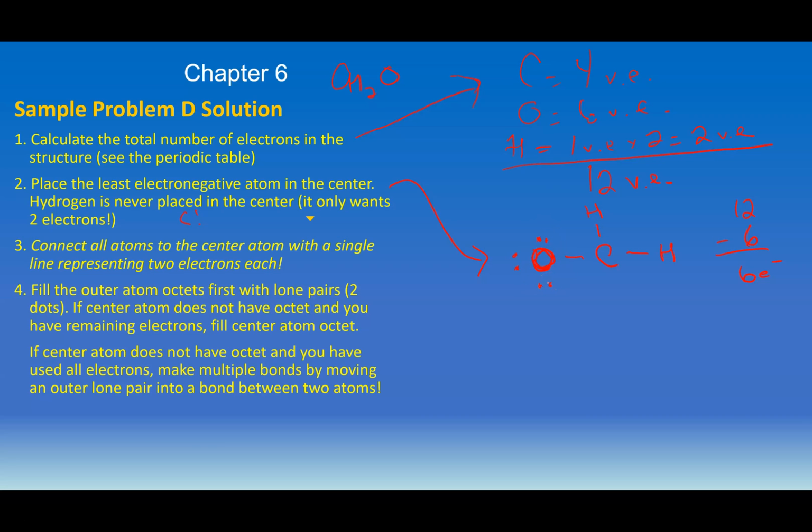Okay? Last thing to do is to look at what happens with the center atom. I've just added 6 electrons, so I'm out of electrons to add to the structure. So I cannot add 2 electrons here. That would be violating the 12 electron rule in this particular structure. So instead what I'm going to do is try to make a multiple bond by moving an outer lone pair into a bond between 2 atoms. So I'm going to take a pair of electrons from oxygen and put it in the bond between these 2 atoms. I'm going to redraw so that you can see that double bond